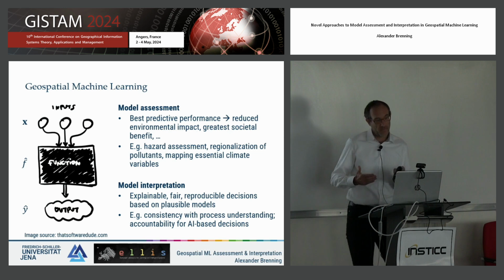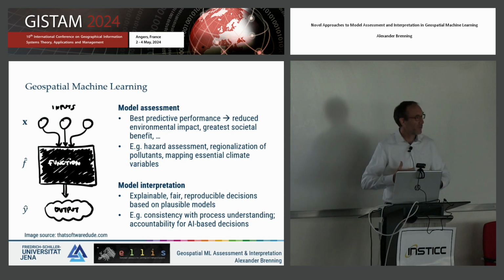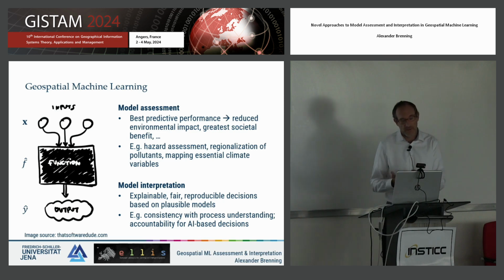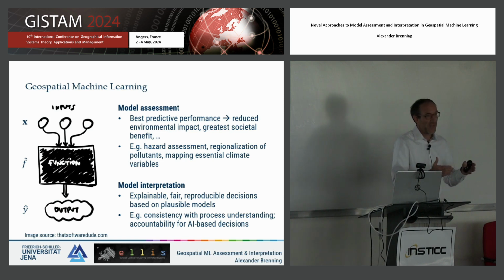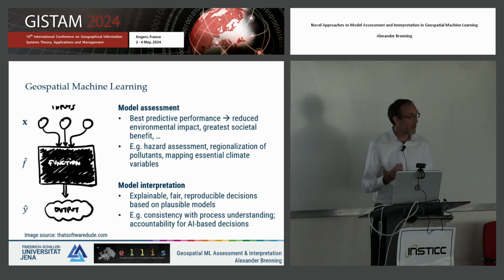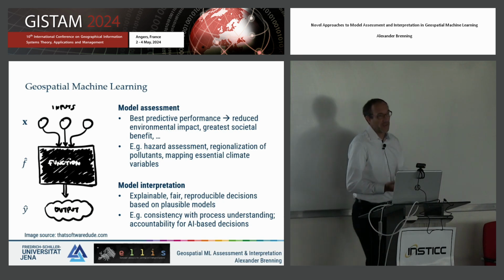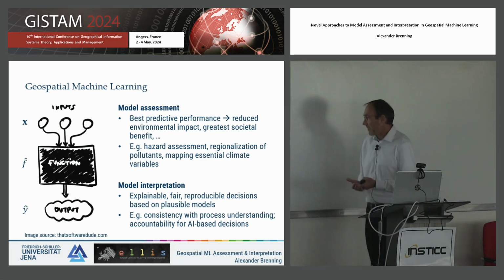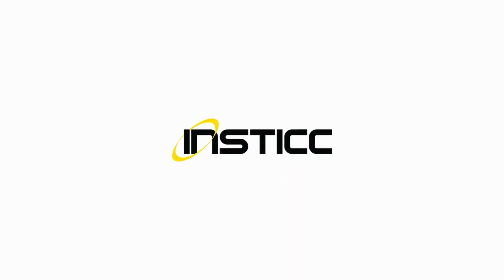Even in a predictive setting where we want to get the best prediction map, we still have to justify our actions. We have to justify why people are not allowed to build in an area that is deemed to be hazardous for landslides, and therefore our models must be explainable, must be trustworthy, fair, unbiased. And the decisions that we make based on machine learning, based on artificial intelligence, must be reproducible and explainable. And therefore, what